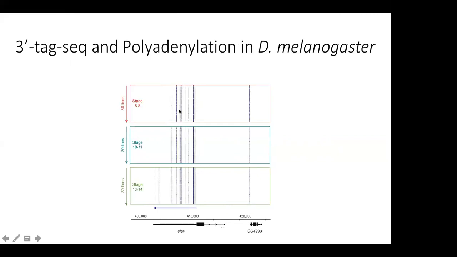You can see that there are multiple here, and you can see an elongation during developmental stages, as shown before in previous data in the literature. Another thing is that we also see some other genes that do not change at all. This protocol is extremely quantitative, and we wanted it to be, and it is giving us single base pair resolution of the transcription end site. So it was pretty useful for us